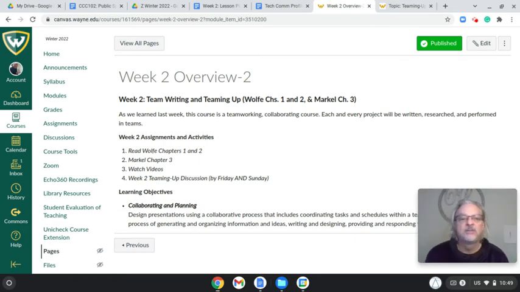Chapters 1 and 2 will help us lay the foundation of how to plan your collaboration, as well as project management. It's also going to start to talk about some of the documents that we'll get into in greater detail next week, such as the team charter, which we'll read about in chapter 3.